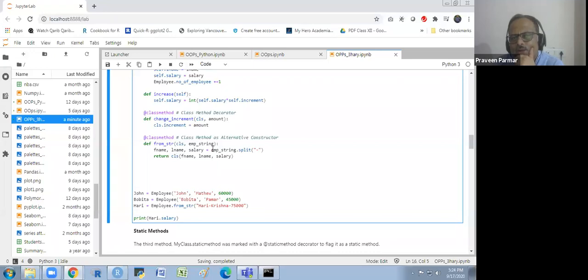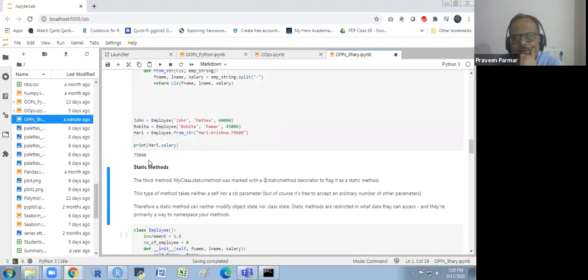Then it will be converted in this way. So these are from the developer's point of view, not the point of view of our data scientist. If I run this, you will see I get the salary of this, 75,000.